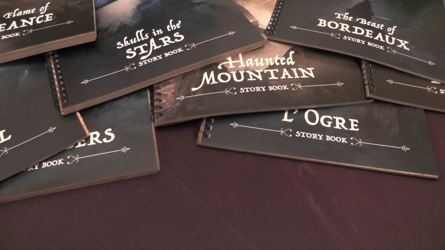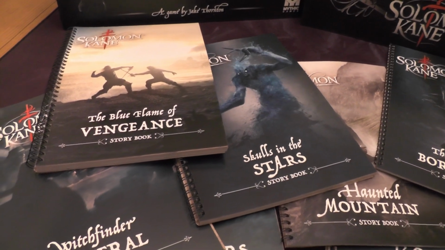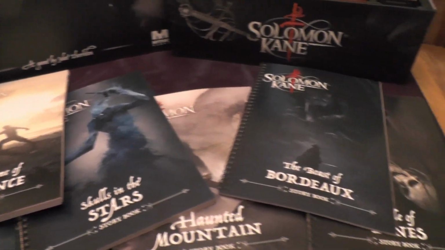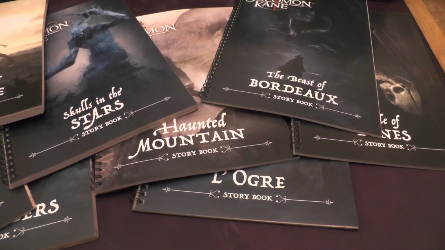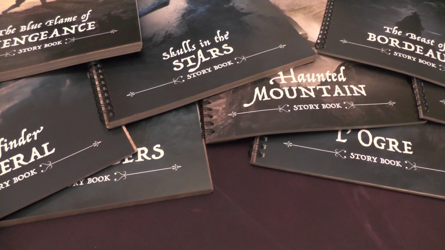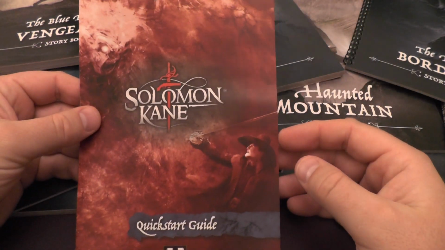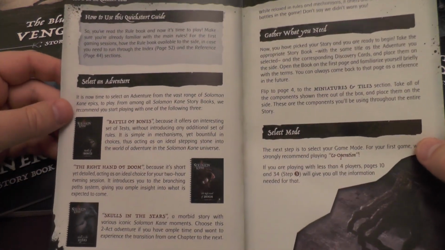You then have to decide which of the stories you want to play. It comes with a huge amount of content. You can see here the various different stories, and the very first decision that you're going to have to make is which of these stories you want to play. Now, in the box you'll get this quick start guide, and in the quick start guide it